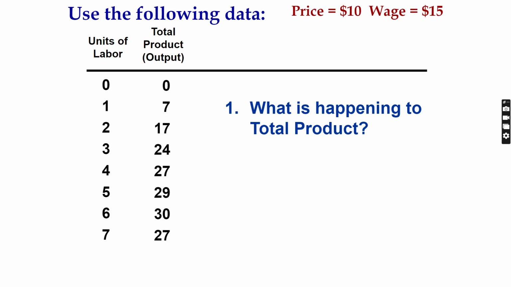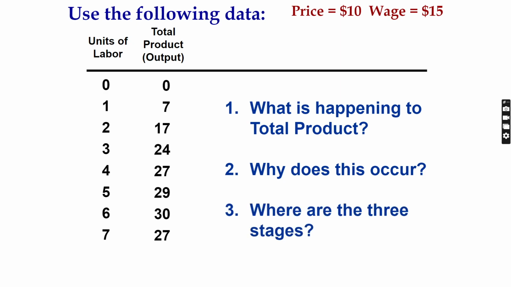And so if we look at the marginal product and we analyze it as we go through, we can see the total product is showing us the stages of returns, right, that we just reviewed. And so we already discussed that this occurs because of the law of diminishing marginal returns. It occurs because of specialization, and then increasing inefficiency until returns actually become negative. And so we can identify the three stages here. The first stage is going from 1 unit of labor all the way up until 6, and then the next would be